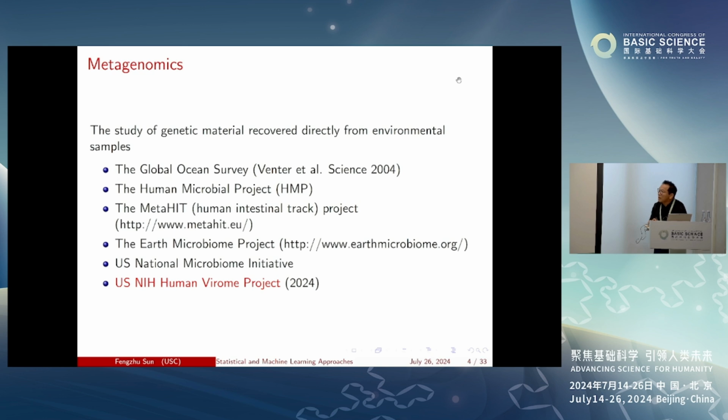So what is metagenomics? Metagenomics is the study of genetic materials derived from the environment, such as from the human body, from the human gut, or from your nose, from the mouth, etc. And the human microbiome has been shown to be associated with several complex diseases such as inflammatory bowel disease, colorectal cancer,